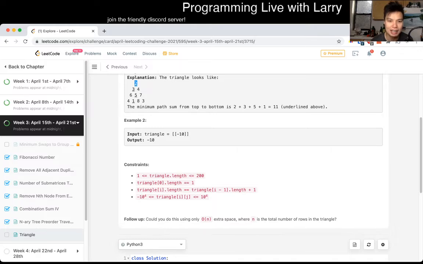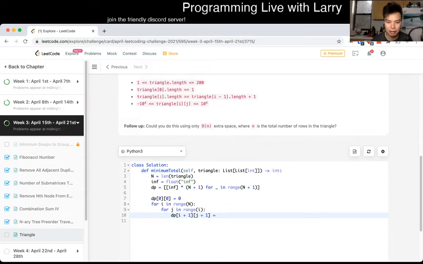Yeah, i minus 1 j, so that's the right side, where they have the same j, and the left side is if j is j minus 1. So let's do that. We take the min of those two. So we have dp i, and that's what we're looking at. And then as we said, i minus 1, j plus 1, i minus 1. So we take the min of this or this,